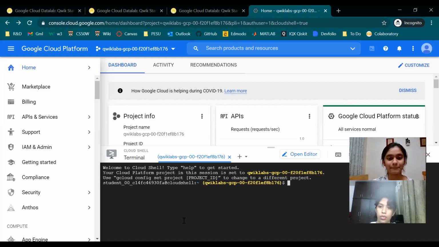Ah, yes. I'll create the data lab, the datalab create, and we can give a name for the data lab. Let's just say my data lab.